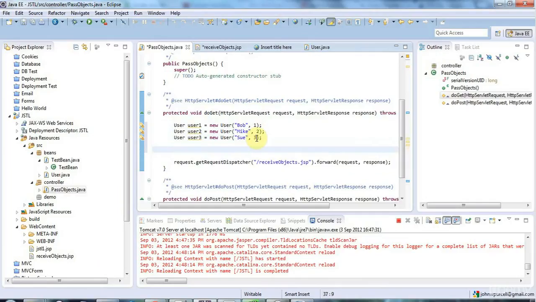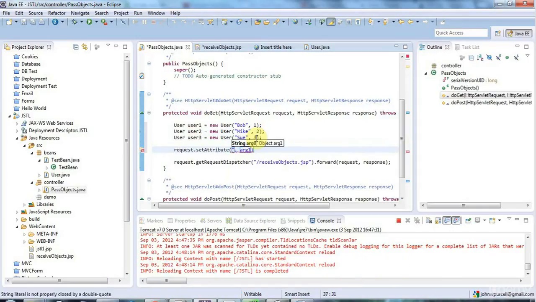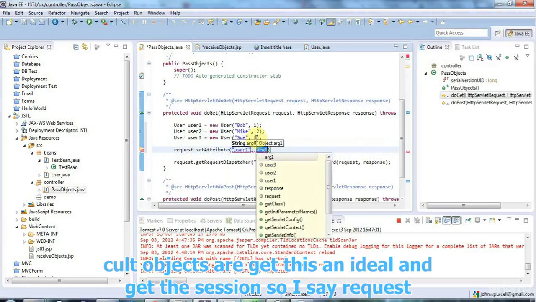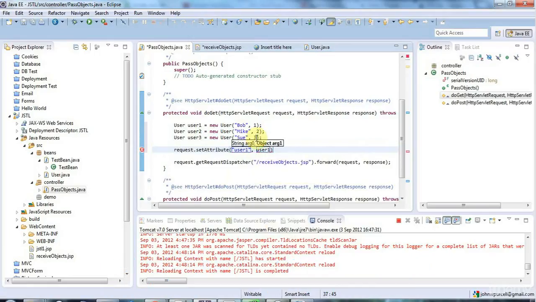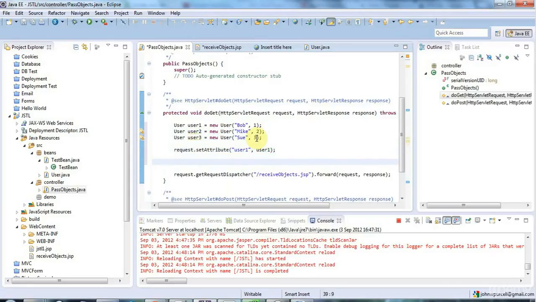Now to set a bean into the request scope, I just say request.setAttribute. You can set any object, of course, into these different scoped objects, but I'll give this an ID of user1, and I'll pass in the user1 object. I'm also going to get the session and set an attribute on that. So I'll say request.getSession,